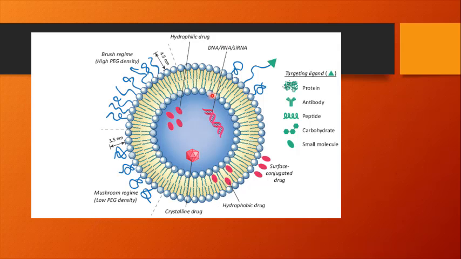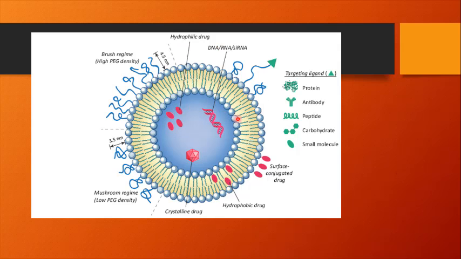So this is the liposome. This is the lipid body. As you can see, here is the lipid bilayer; the configuration is the same as you have studied in the cellular membrane, and in the center there is a place where we can fix or place our target molecule. For example, we can insert DNA, RNA, or siRNA, or hydrophilic drugs are also placed here, and crystalline drugs. Whatever molecule we are going to transfer is placed here in the center, and it is surrounded by the lipid bodies.